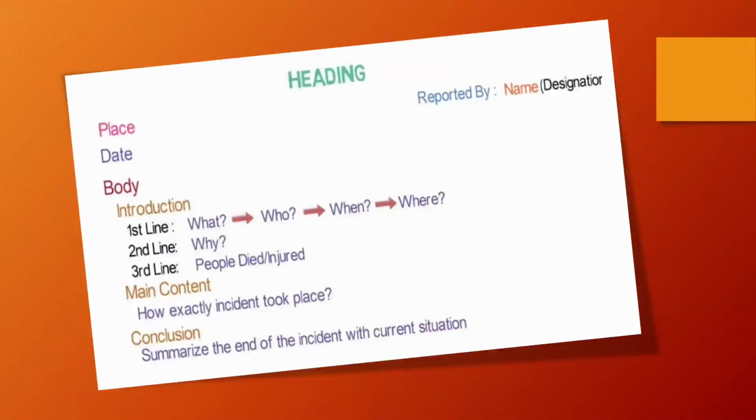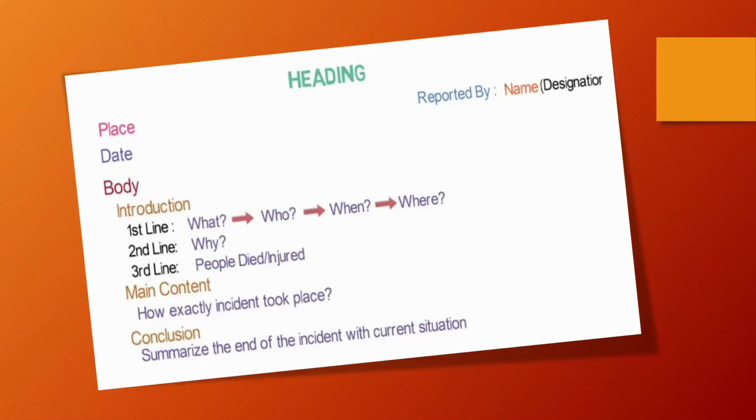The next point, this is the format according to the CBSE scheme. Heading is center aligned. You have to write the report heading, just like annual day celebration, election campaign, vaccination campaign. So everything, heading in the central alignment. Then there are two things you have to keep in mind. If you are writing the newspaper report, place and date is required. But if you are writing for school magazine, place and date is not required in the beginning. It can be somewhere in between the report, but not in the beginning.